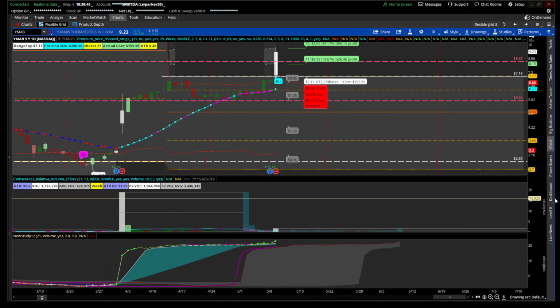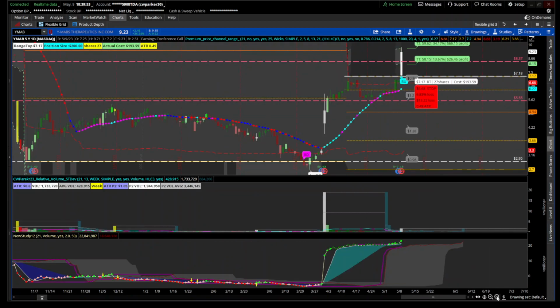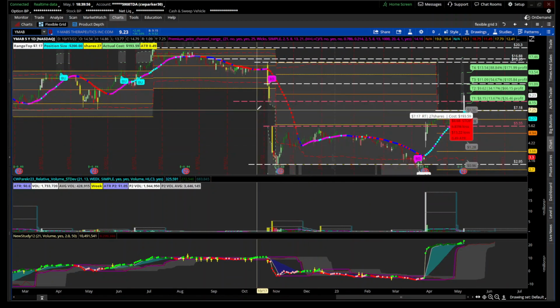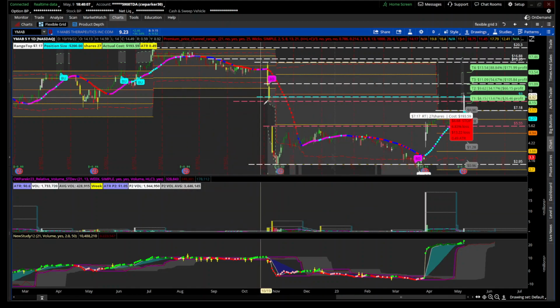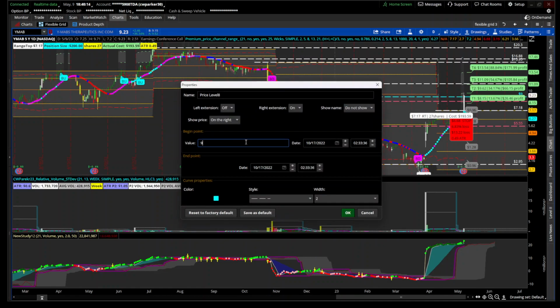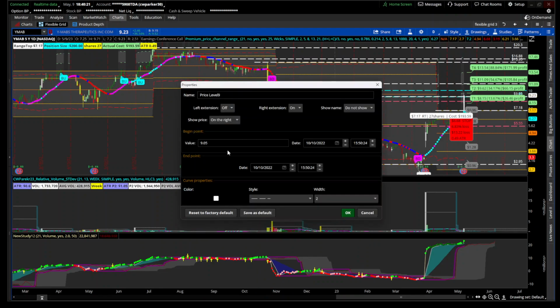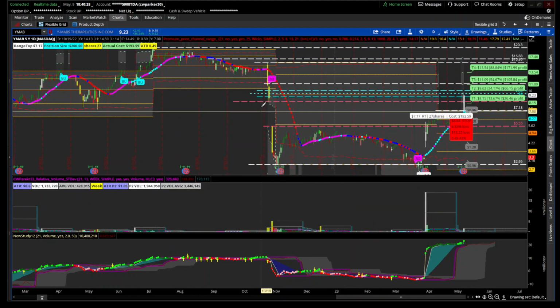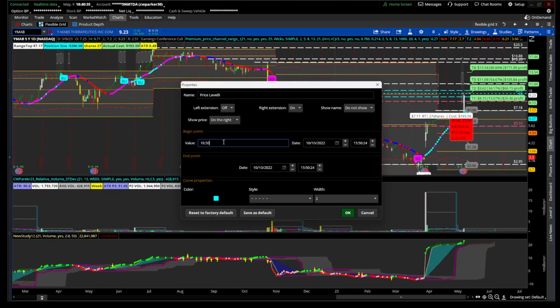So I will keep this one on my watch for tomorrow, and I am going to look for a pullback. And I always mark out my whole numbers and half dollar areas. So that'll be $9. Duplicate, and I will push this one up to 10. If my mouse cooperates, push that to 10 and mark out the half dollar one. And duplicate, mark this one to the 10.50,